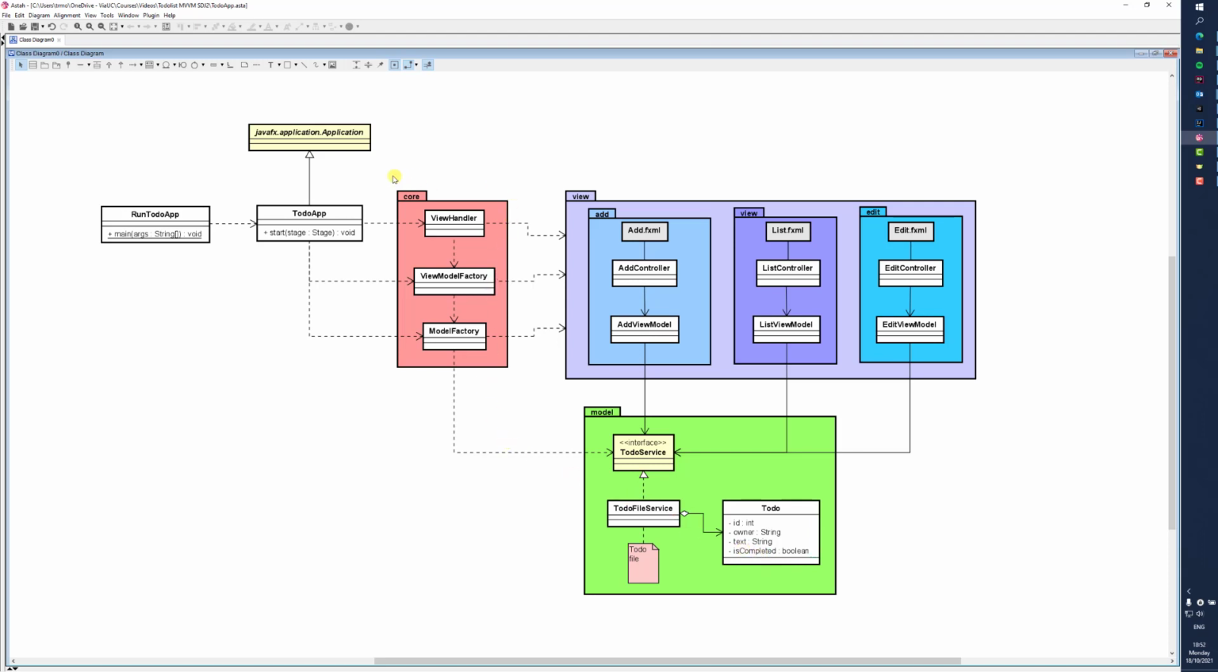So we have the usual part, the core part that is present in all our MVVM projects. The view handler to handle the views and change between them, the view model factory to create view models, the model factory to create models, the main method to start everything, and this one here extends the JavaFX application. So this is the structure. I don't have that many details yet, so we'll see how it goes as we move along. So let's change to IntelliJ,